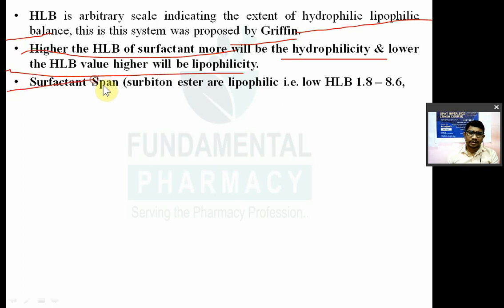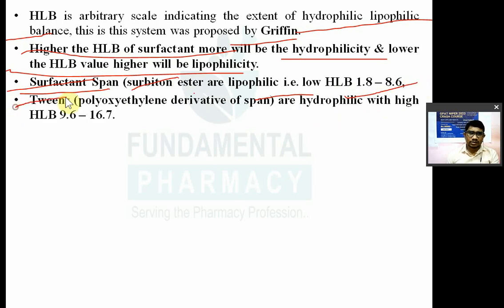और surfactant Span एक नाम होता है, Span 20, Span 40. So it is nothing but the sorbitan ester, और sorbitan ester को Span बोलते हैं. They are lipophilic because they have HLB in a range of 1.8 to 8.6. Right. Tweens जो होते हैं, Tweens are nothing but the polyoxyethylene derivative of Span sorbitan. So they are hydrophilic in nature, they have HLB in a range of 9.6 to